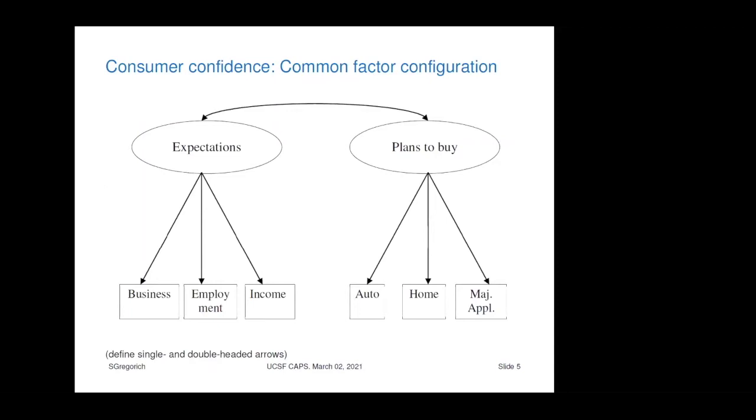And that's basically a hypothesized two-factor model. There are expectations and plans to buy, and there are 3 manifest items for each of those. So this is like a configuration. I've got 2 latent variables. The curved double-headed arrow shows that they're correlated, or we expect that they're correlated. And then these single-headed straight arrows depict the causal effect of the latent variable on the responses to the observed